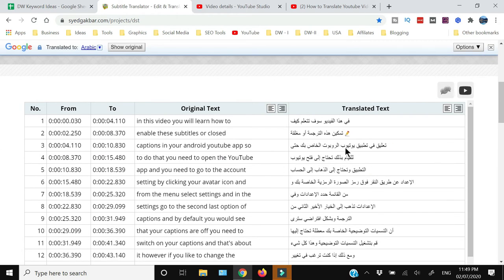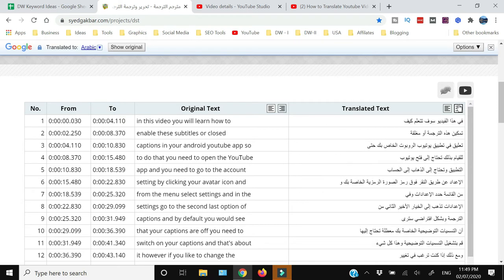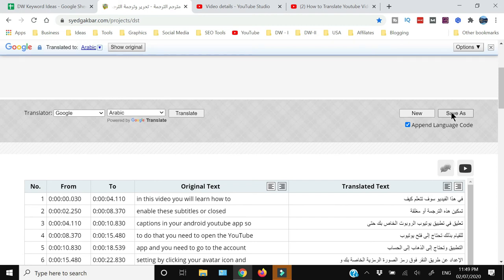So it is going to take some time, and it is going to translate this text into Arabic. So now this is the original text, this is the translated text. You can align the text also, meaning by that you can right align, like in case of Arabic, since it is written from right to left, you can just make that right align. So now you can save this Arabic closed caption or SRT file by clicking save as and then giving the name. Now let me show you this translated file which I've just downloaded.